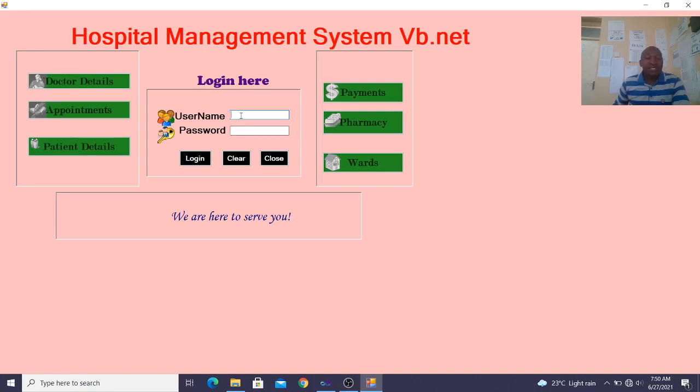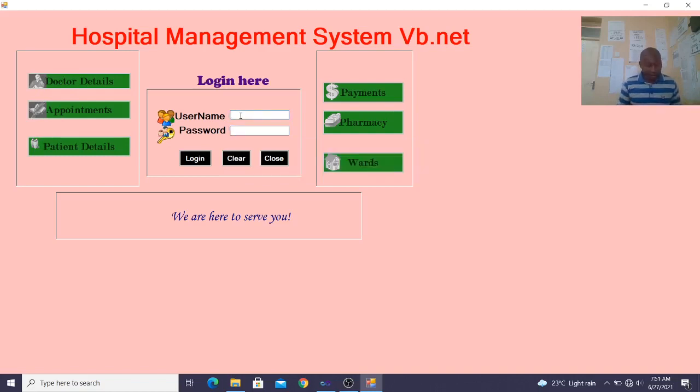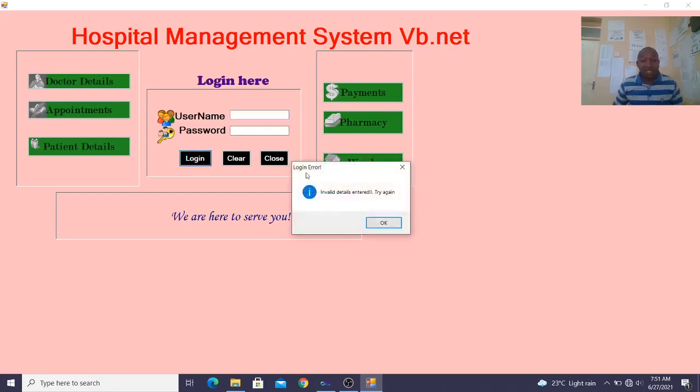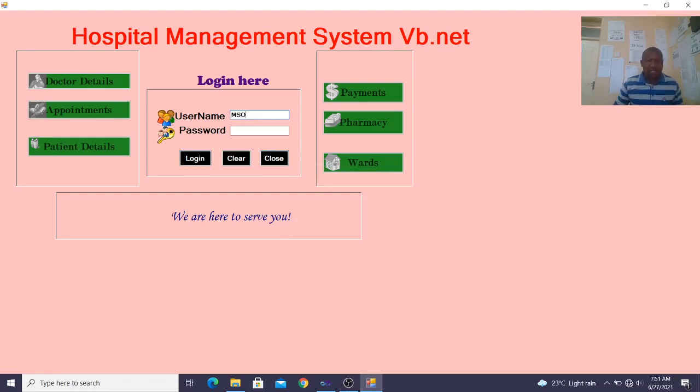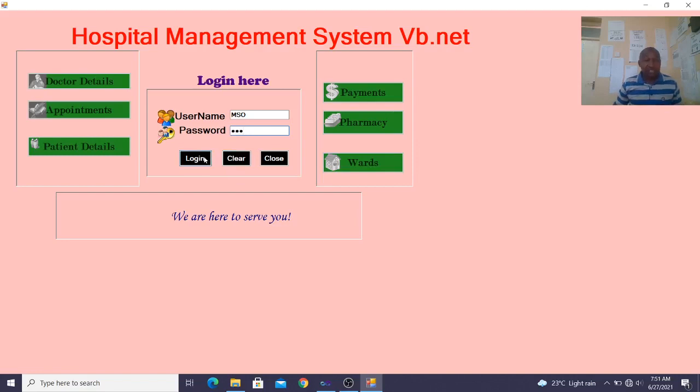If at this point somebody gives wrong credentials and hits login, you'll get an error message: login error, invalid details entered. But if I supply the correct login and hit login, there we go, you can see that our system is active. And if I hit on the doctors module here,